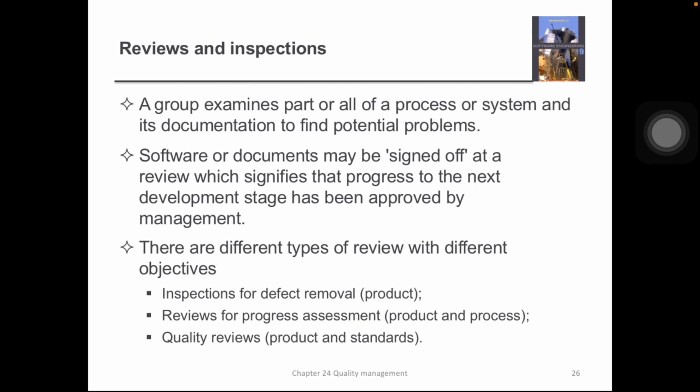Reviews and inspections. A group examines part or all of a process or system and its documentation to find potential problems. Software documents may be signed off at review, which signifies that progress to the next development stage has been approved by management. There are different types of review with different objectives: inspection for defect removal, product review for progress assessment, product and process quality review, and standards review. Dito sa review and inspection, ito yung parang sinasala yung